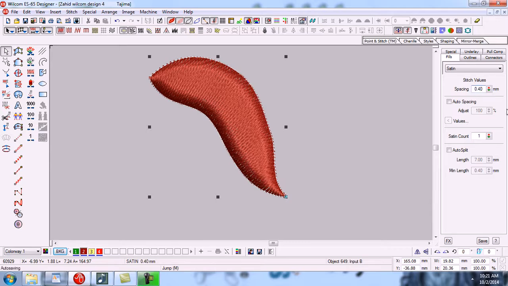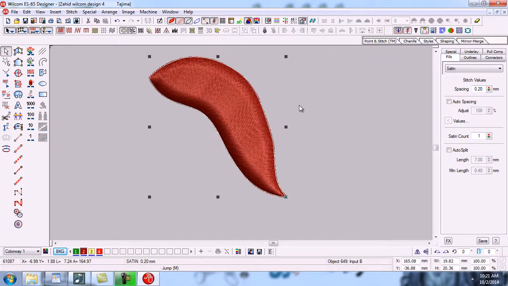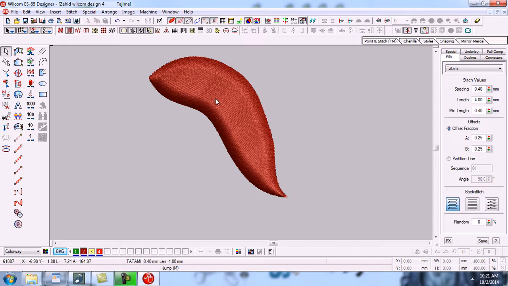typing here. For example, I click here, select the object, and click here and change 40 to 20. Now press enter. So you can see that the object stitches have increased.